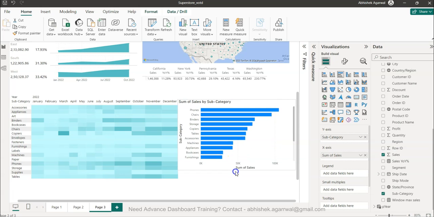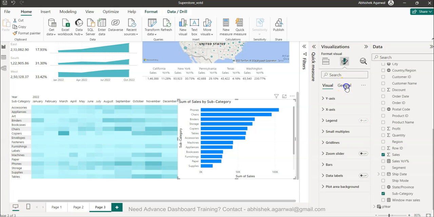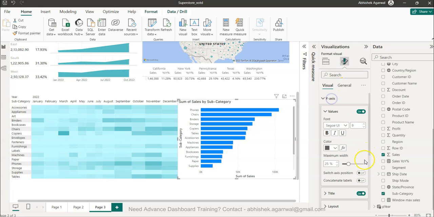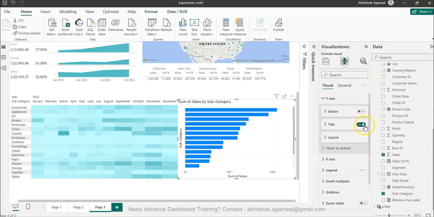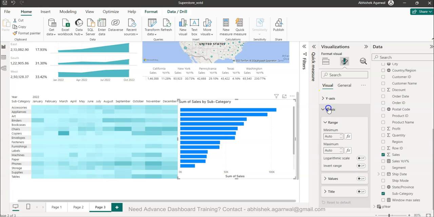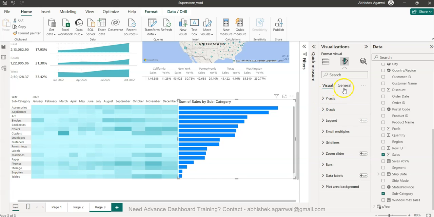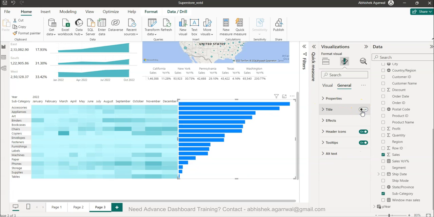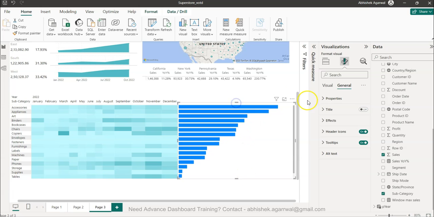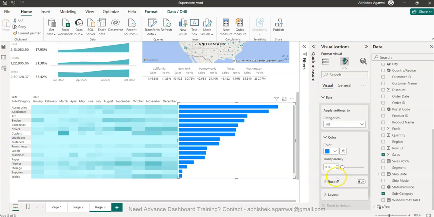Okay, bring this down, and then over here, visual, y-axis, we don't need the title, we don't need the values. Y-axis values, title, gone. Over here, title, gone, right? Finally, what we get is a value like this, and again going into the visuals, bars,